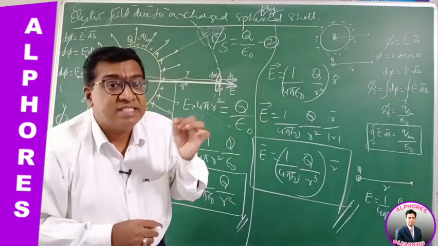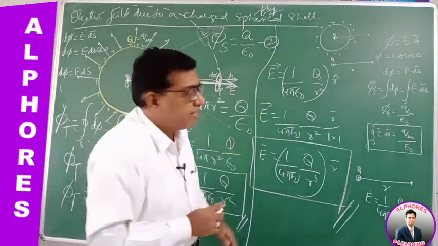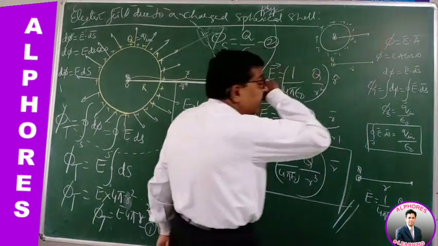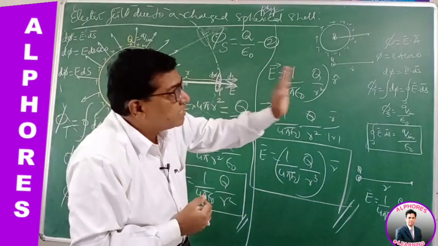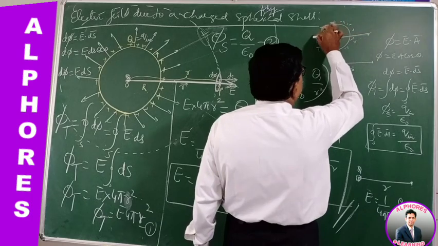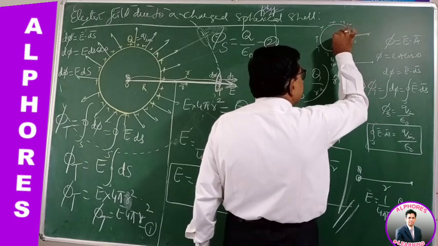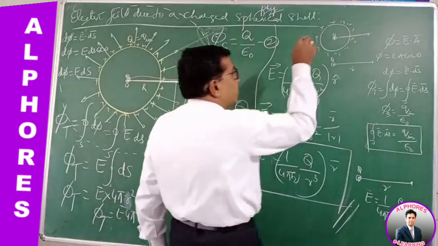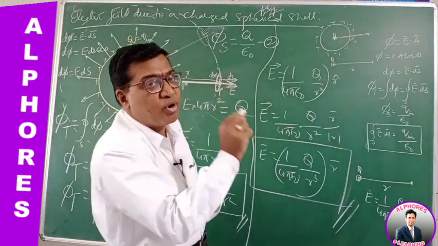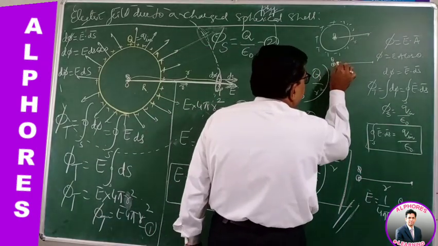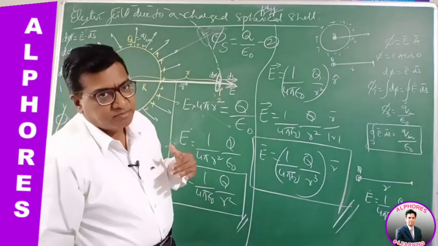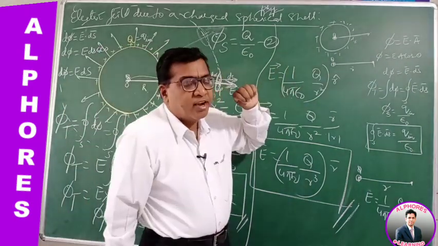This is actually called the Shell Theorem. According to this theorem, whenever you are evaluating any electrical parameters outside the charged hollow sphere, all the charge on the sphere can be imagined to be existing at the center. So considering all the charge existing at the center point, you can imagine it as a point charge, and considering it as a point charge, you can evaluate the electrical parameters at that point. Right? So this is the Shell Theorem. According to this,